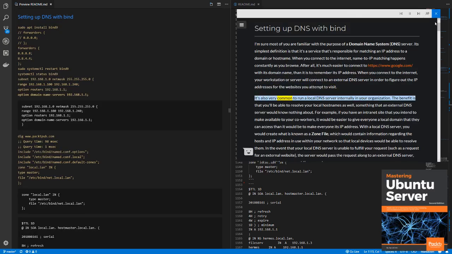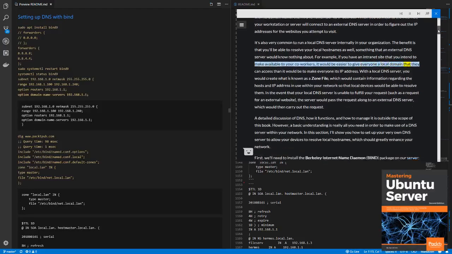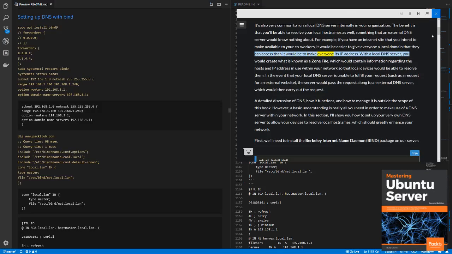It's also very common to run a local DNS server internally in your organization. The benefit is that you'll be able to resolve your local host names as well, something that an external DNS server would know nothing about. For example, if you have an intranet site that you intend to make available to your coworkers, it would be easier to give everyone a local domain that they can access than it would be to make everyone remember its IP